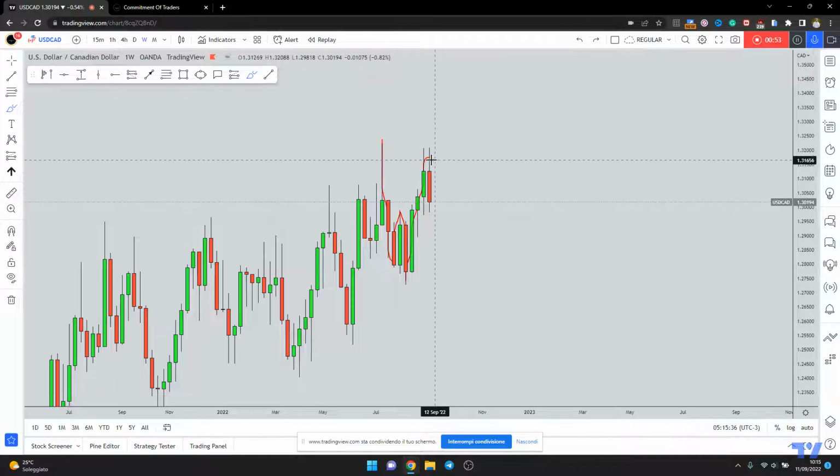So here on the weekly, we did expect this rejection to the downside. And in fact, I made a full breakdown of USD-CAD when the market was around this area, explaining all the reasons for which we did expect a bearish week. And by the way, I will link in description this previous analysis so you can go and check it out